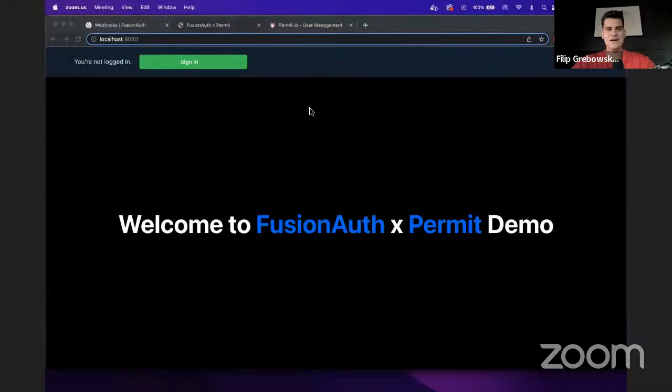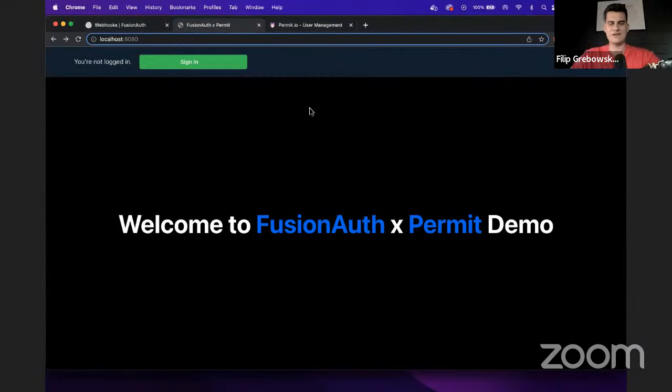Yeah, absolutely. It will be my pleasure to introduce you to how FusionAuth actually works with Permit, and how these two solutions integrate together quite nicely. Now, before I actually start the demo, I'd just like to point out to all the developers listening out there, like Or mentioned, and to highlight his point about security and compliance and how this application is run. I think from two perspectives here.